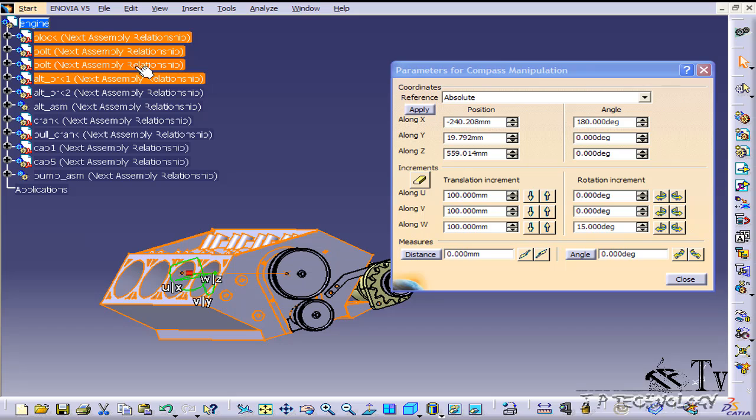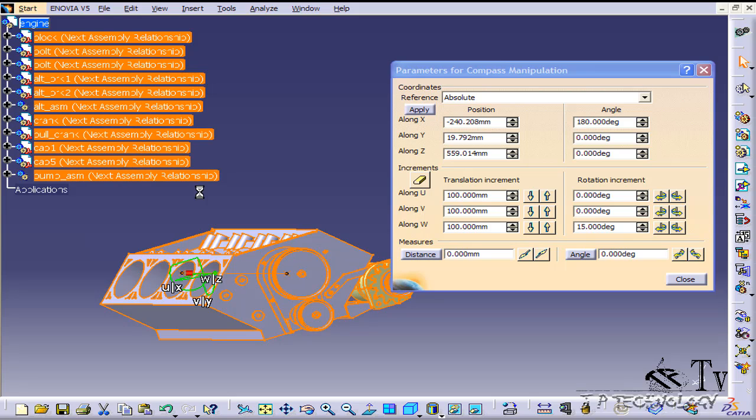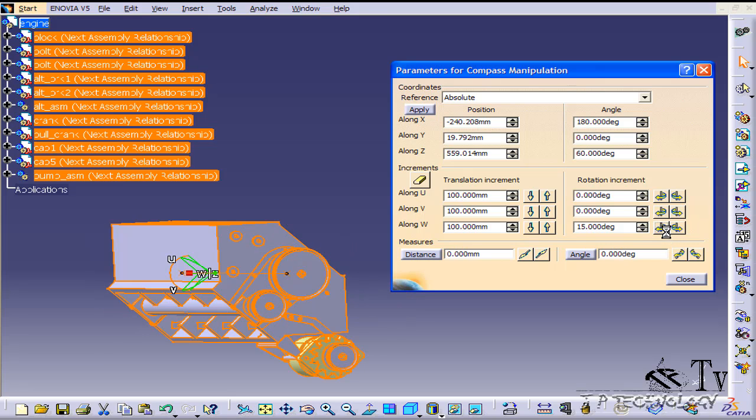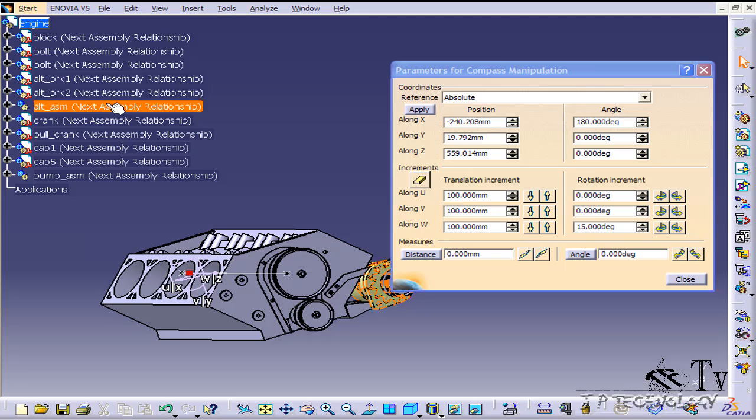So highlight everything. And once you have everything highlighted, start rotating everything around. And everything's going to rotate. And again, we can do this to a smaller assembly. So double click